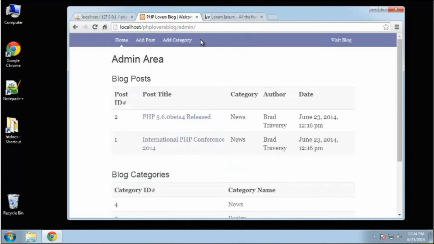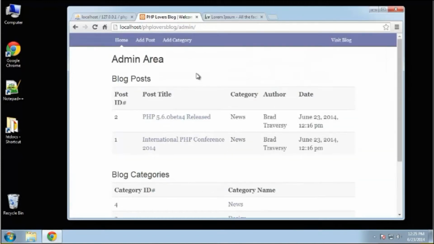Alright, so if we go to admin, we're not going to implement a user login and registration with this project, only because it takes up too much time. We will create a registration with our next project, which will be a forum, and I just wanted to use the whole registration thing in one project, because otherwise it would take up a large amount of time to implement that in every project. So basically we just go to this URL /admin, and we have our list of posts